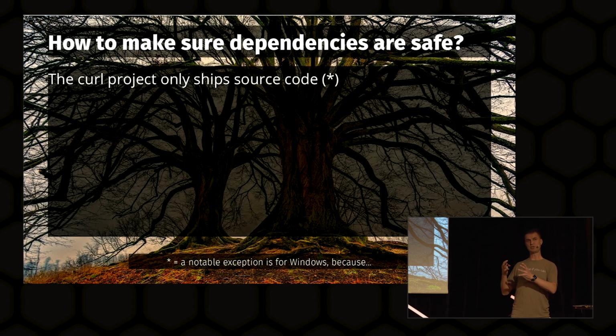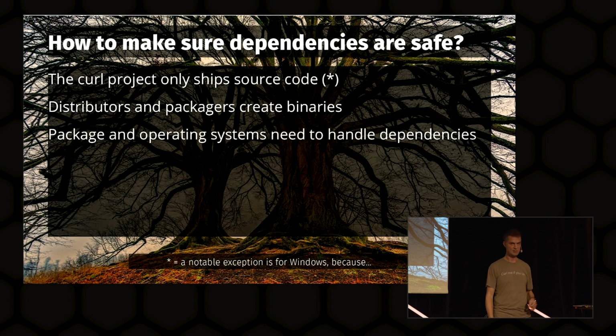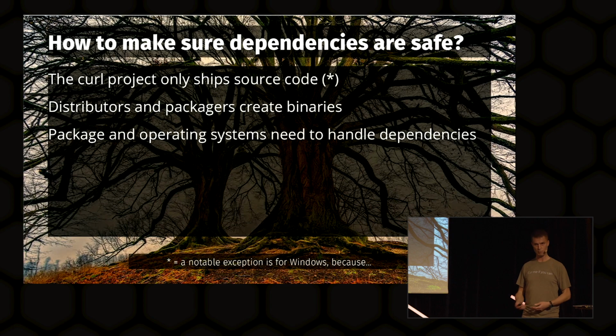We make sure that we ship the best possible product source code-wise, and then someone else packages that and ships that to their users, which in most cases means that if you run curl on Windows or Mac or a Linux distro or BSD distro, all of those have their own maintainers. They maintain their dependency trees and installations and everything. So they are the ones that are going to update this. So when we release a fix, they update that and they ship that to your users, which I think is the ideal way to do it. It also makes it very simple for us.